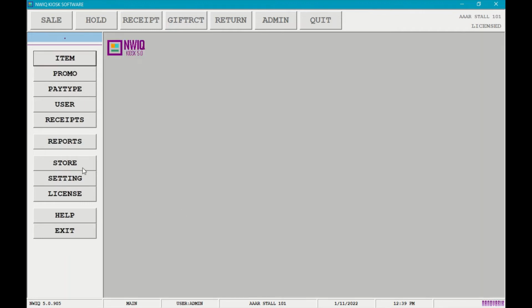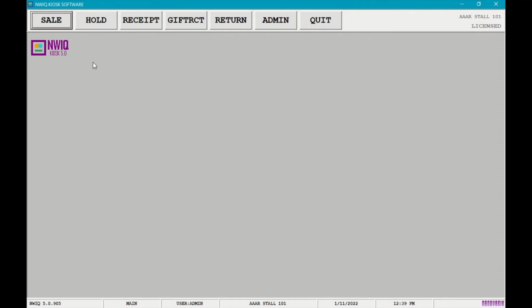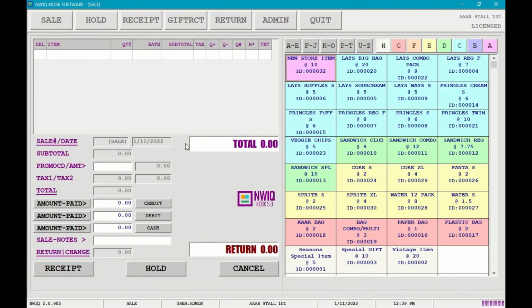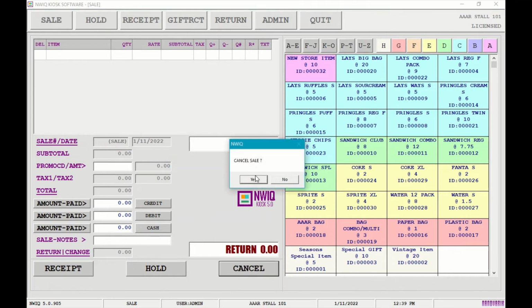Okay, so we'll exit this mode, we'll go to the sale mode. Now the important thing is to click on sale. I'll click on the sale. This is the mode how it comes up. So let me quickly cancel this and show it to you in a different way. So I talked about the ordering. Right now this is the order, so if you can see, it will go in this order, A to H, and then in alphabetical order. Okay, so this is the last item, but this is the first preferred color. So let me change the color, and just for the name's sake, so you can see how the ordering looks. Okay, I'll cancel this,